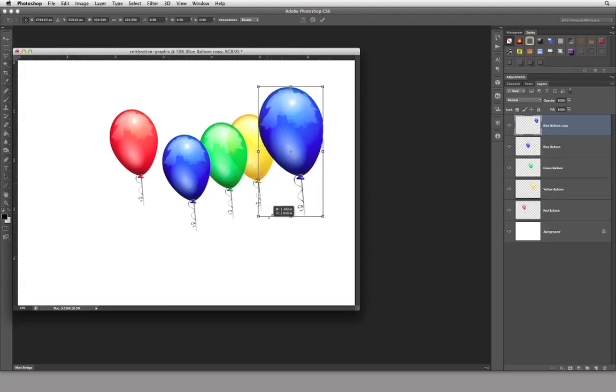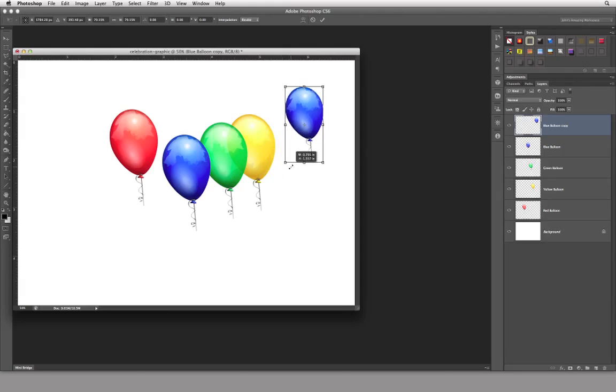And what I'm also doing is keeping my eye on the Options panel up at the top, where you see the W and the H. I'm just going to escape out of this, and watch this. When I invoke the Free Transform, you're going to see that we have a width and a height. Now, as I'm scaling this down, this is a visual thing, I don't know exactly what I want to scale her down to, but it's always nice just to know